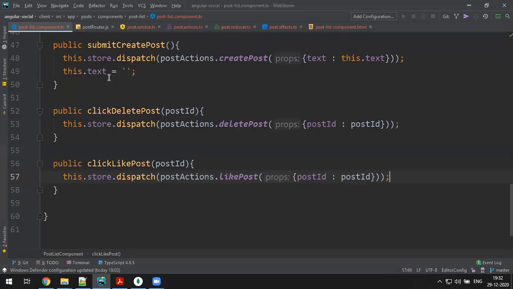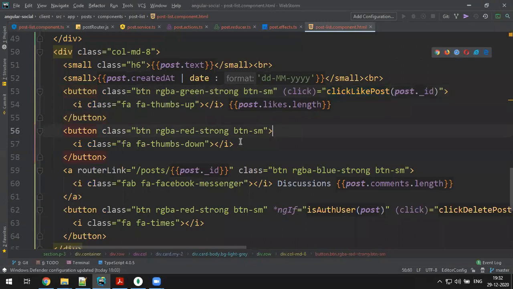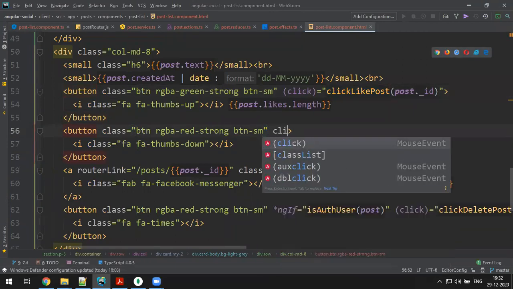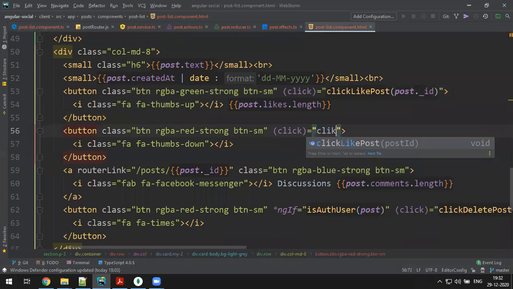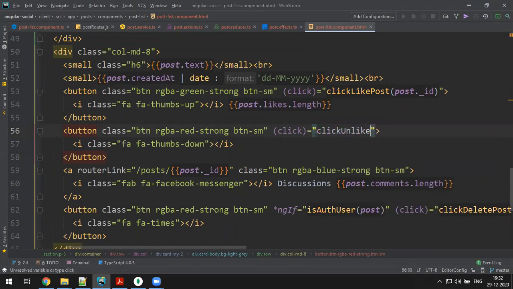Yeah, dislike. So go to here, thumbs down, just say click, unlike post id, post dot underscore id.